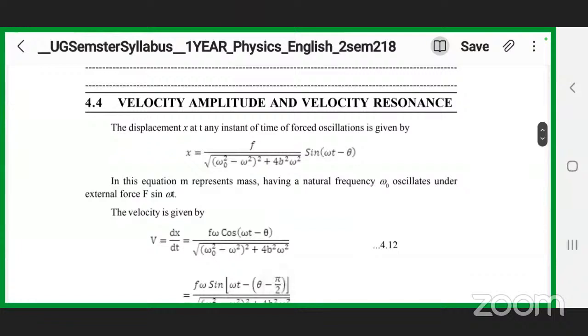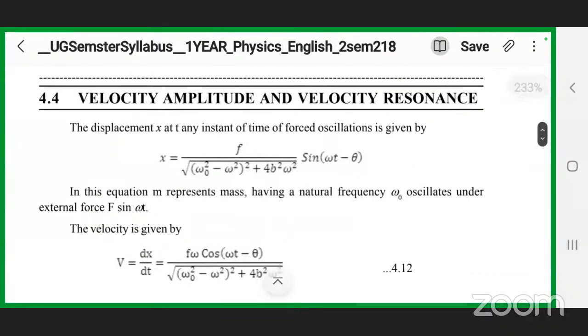Next, velocity, amplitude, and velocity resonance. And this question is asked as a short question, not an essay. Let me tell you that